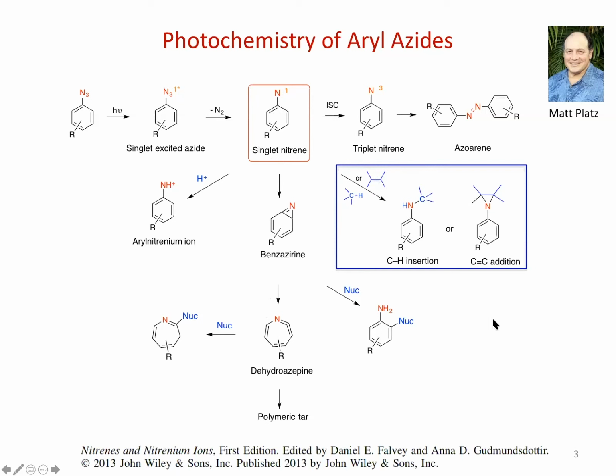The aryl azides have been used since the late 60s and early 70s as photoaffinity labels in biochemistry to study the binding site structure of receptors. With the fluorine, this so-called productive pathway, the yield is much improved. Sometimes you see a reported yield of 96%. It's because the fluorine increases the lifetime of the singlet nitrene and suppresses the other pathways by increasing the activation energy.